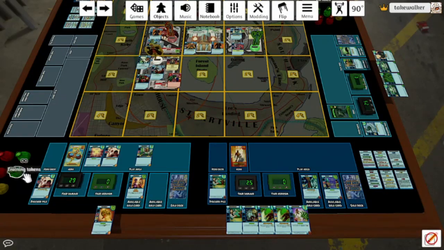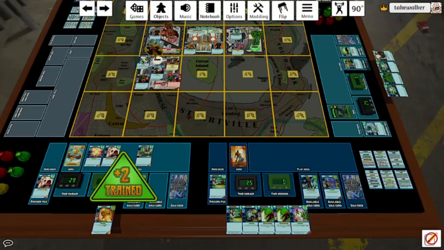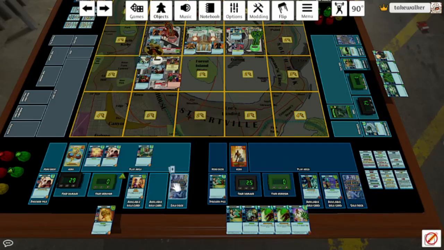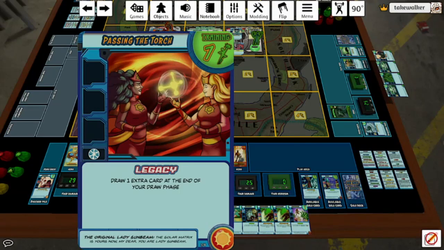So we reduce our heroism by 2, and we get a training token. Future cards will cost +2, except for the feats. Now after you train for a card, you have an option. Any other cards you can take and put on the bottom if you don't want them. I want to keep this one, so we'll just take and move the next card into play, and that's a